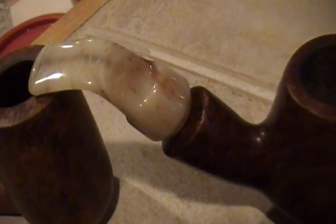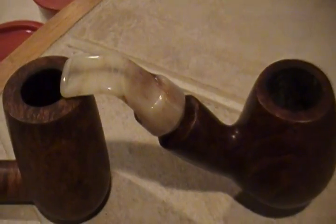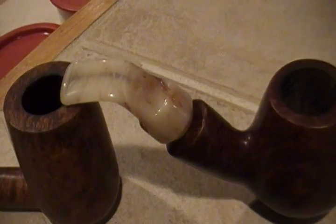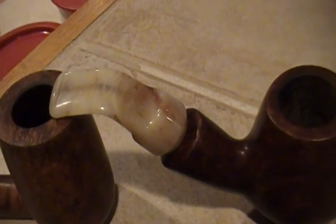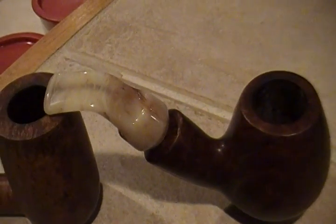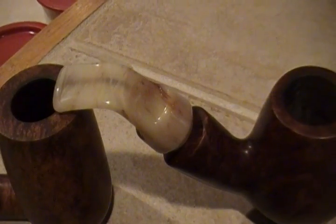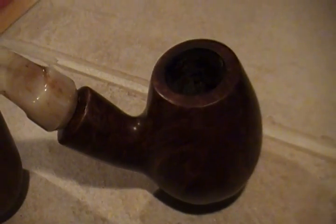I mean, all their stems are hand-cut, don't get me wrong, but my take is that when they make these pipes, they reach in for a colored stem that is going to go well with it, plus one that fits. And he picked this one out, and it's beautiful. It's like it was specially made for this pipe, and it allows the pipe to hang with its bulbous shape